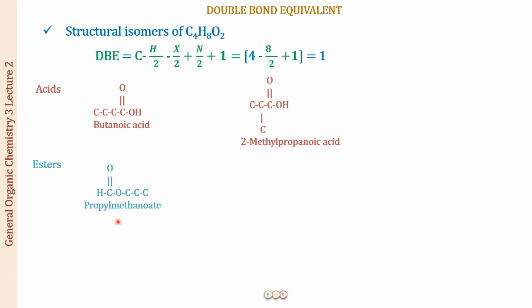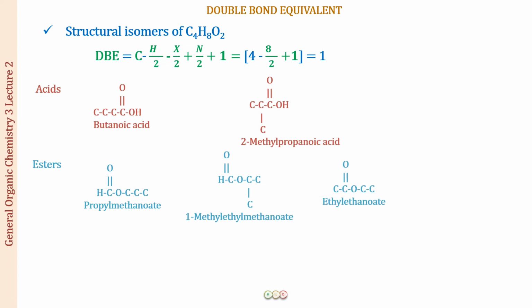Any more possibility? Well, what we can do is we can alter the length of this propyl group, so we can make it an isopropyl group. All right. So what you will be giving the name of the compound is going to be this a 1-methyl for the ethyl group of the methanoic acid. So this is 1-methyl ethyl methanoate. So this is how you name the ester. All right. The next possibility, we can make a 2 carbon acid now. So that is going to be ethanoic acid. So when we are going to have ethanoic acid, the 2 carbons left will be forming the ethyl group. So this becomes ethyl ethanoate. Any more possibility? There is no more possibility for this structure.